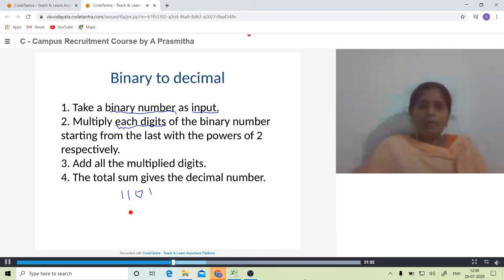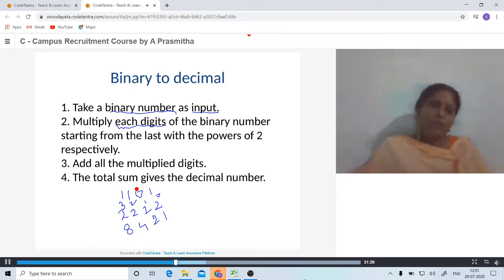So in this 1101, this is the 2 power 0 place, this is the 2 power 1 place, this is the 2 square place, and this is the 2 cube place. 2 cube means 8, 2 square means 4, 2 power 1 means 2, 2 power 0 means 1.